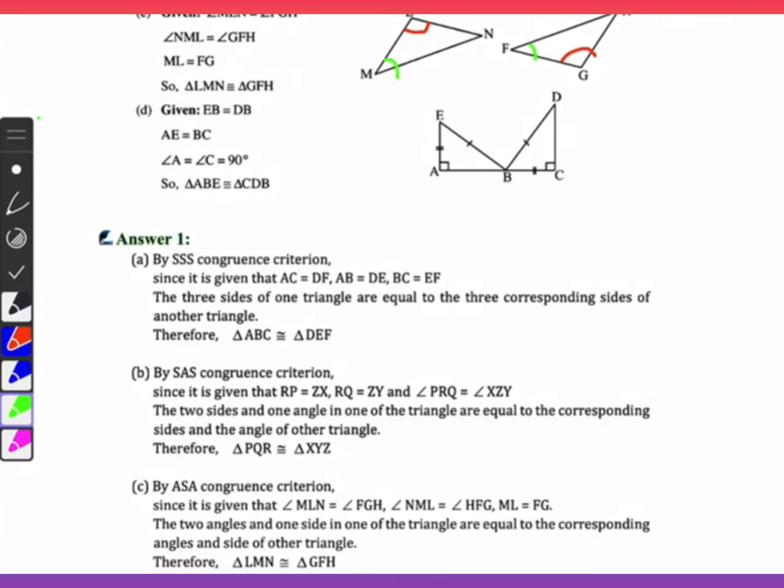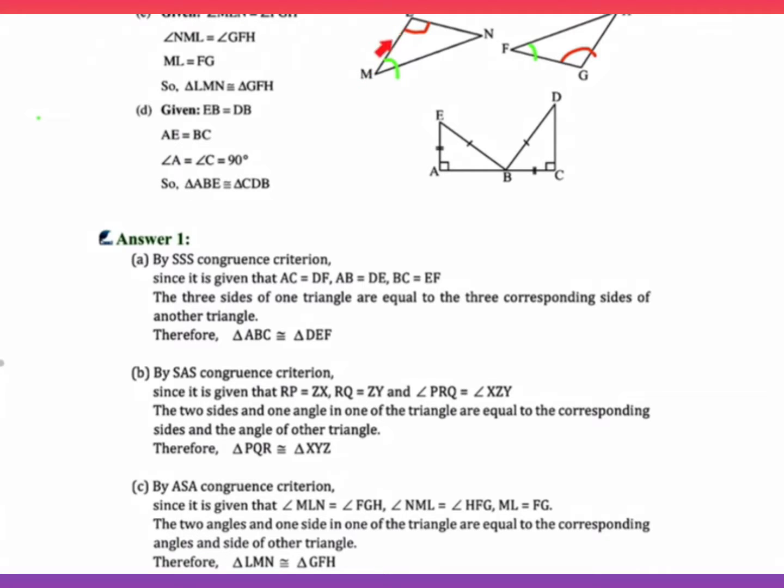So dear, you can see that in these two triangles, the ML side means this side is the included side of these two angles. ये वाला एंगल है और ये एंगल है, इनके बीच का ये साइड है, इसलिए इनको हम कहेंगे इंक्लूडेड साइड। यहाँ भी देखेंगे तो ये एंगल F है, ये एंगल G है और इनके बीच की ये साइड FG है। तो यहाँ पे एंगल साइड एंगल, means we can say that as a congruency criteria under this given information, these two triangles, that is LMN congruent to triangle FGH, okay. So this is the answer of part number C.